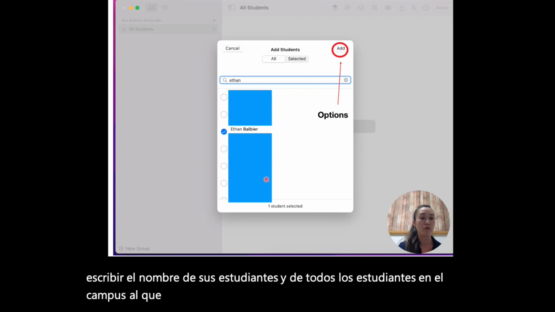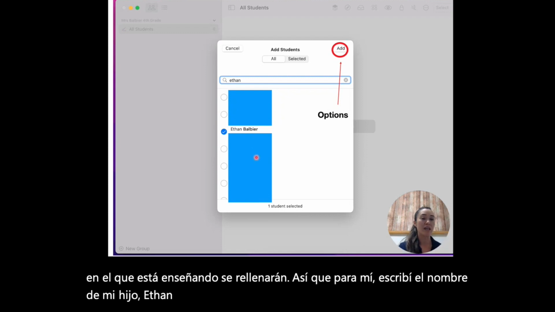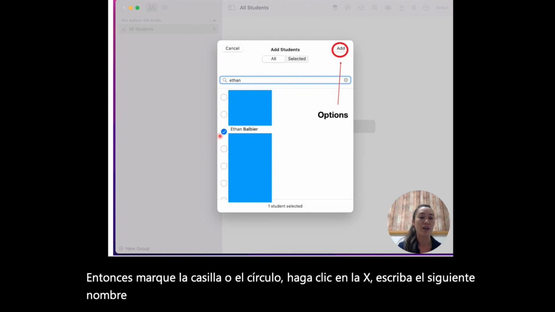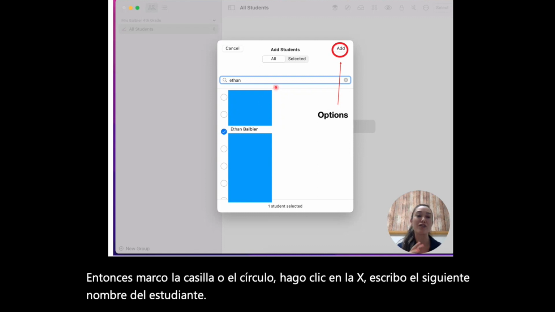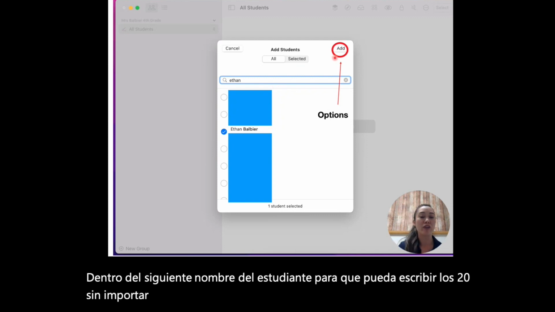So for me, I typed in my son's name, Ethan, and I saw all of the Ethans, and I was able to add Ethan Belbier. So then I check off the box or the circle, click the X, type the next name of the student, check off that student, type the next name of the student. So you can type all 20, however many students you have, and then once you're finished, you'll click the Add